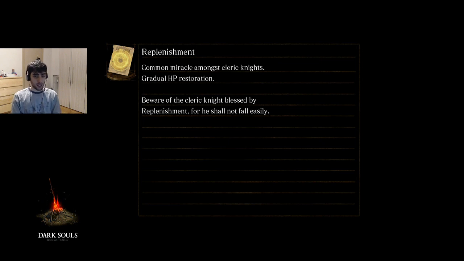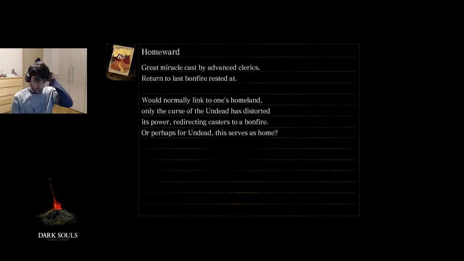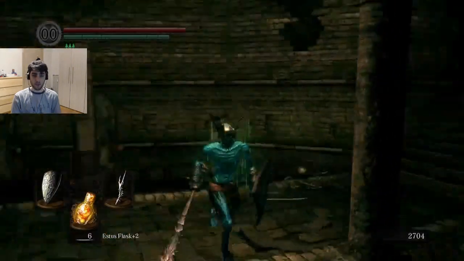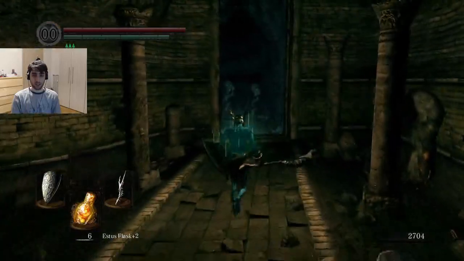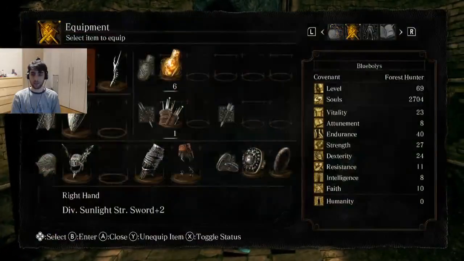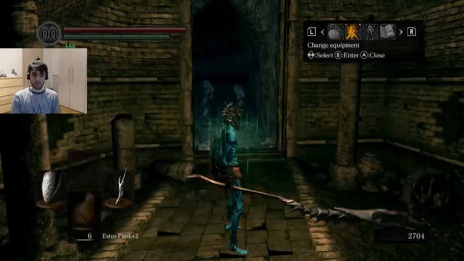And this time I actually don't have any idea where we were. We're probably in the Catacombs. Yep. So we have our trusty weapon. Get it? Trusty? No? Okay. Anyway,